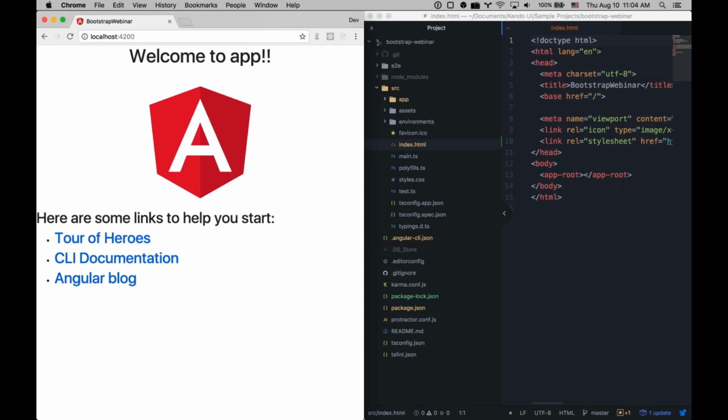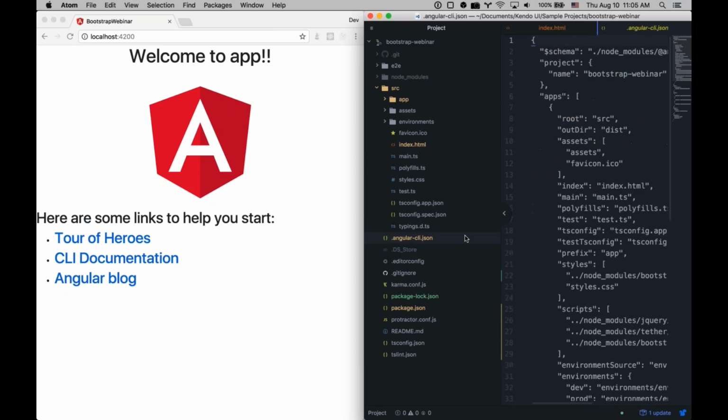So now, what have I done with this project aside from just doing a quick npm install of the Angular CLI and then gone ahead and created a project? I've done a couple of things. One is I've installed Bootstrap through the npm installer, so I don't have to worry about working with the CDN or anything like that. And then what I've gone ahead and done is I've gone into the Angular CLI.json here,